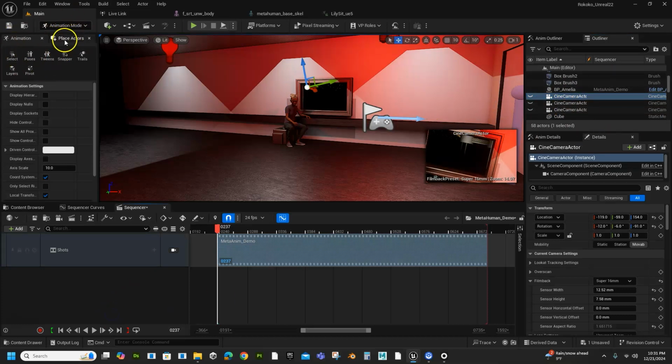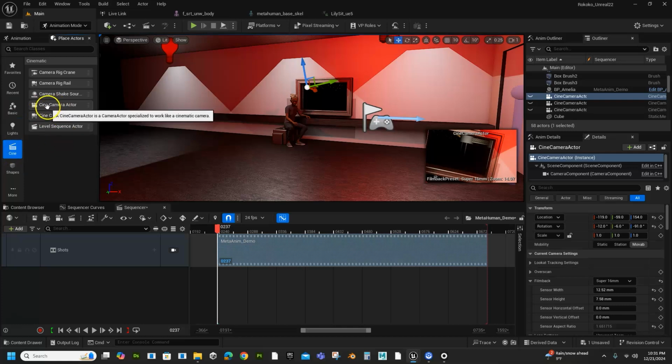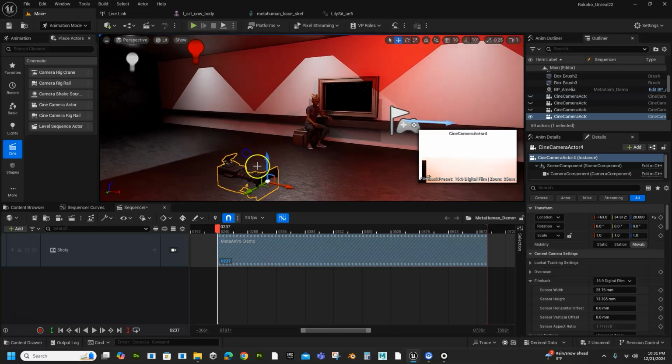If you don't know how to add a camera, it's really easy to do. You simply come over to the Place Actors tab, select that, and then come down to the Cine tab, and right here you'll have Cine Camera Actor. Simply drag it over into your shot. There it is. You'll see it's in place, I can move that around, and it's active inside of my outliner. Now I'm going to delete that one,